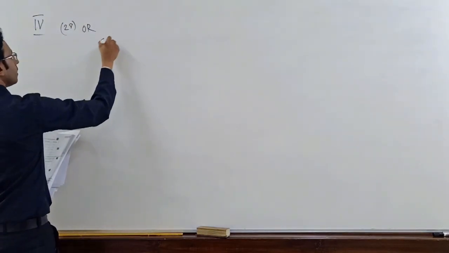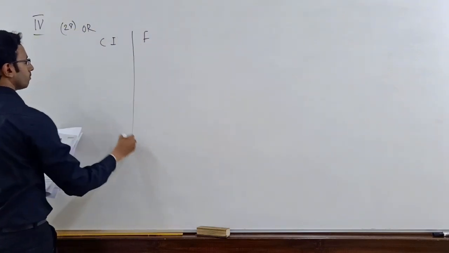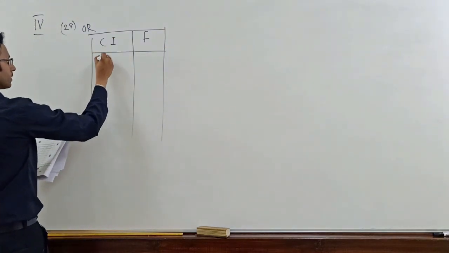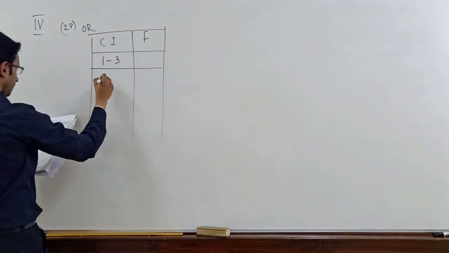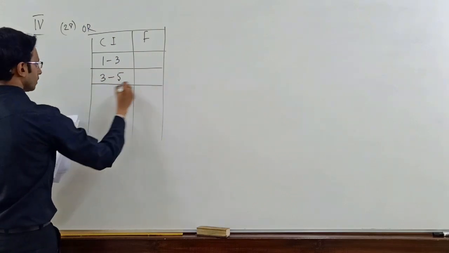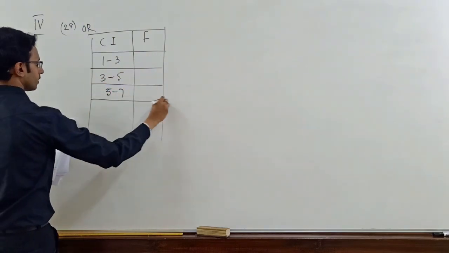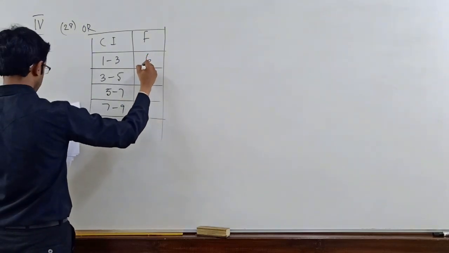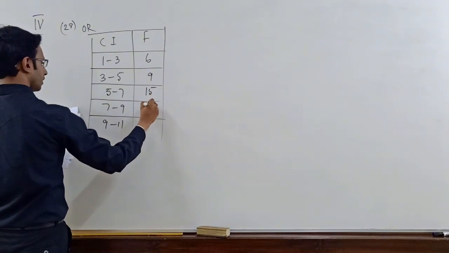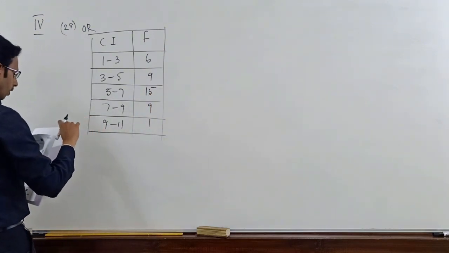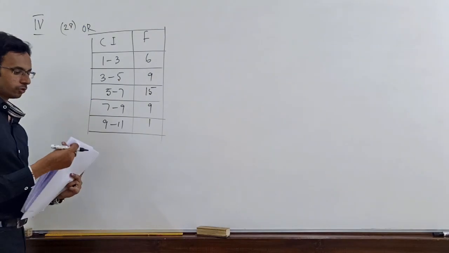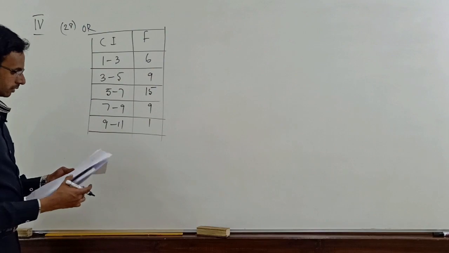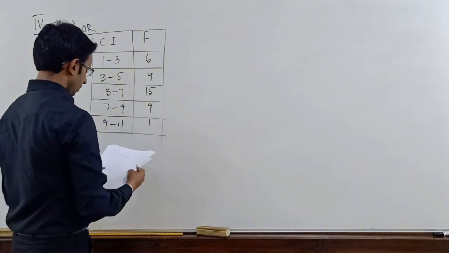The class interval and frequency for mode are like this. The classes are 1 to 3, 3 to 5, 5 to 7, 7 to 9, 9 to 11. Frequency is 6, 9, 15, 9, 1. You all know to calculate mode, I told you, you need not add any column. For median, at least we add a cumulative frequency, but for mode, it is just this. We need to just calculate mode